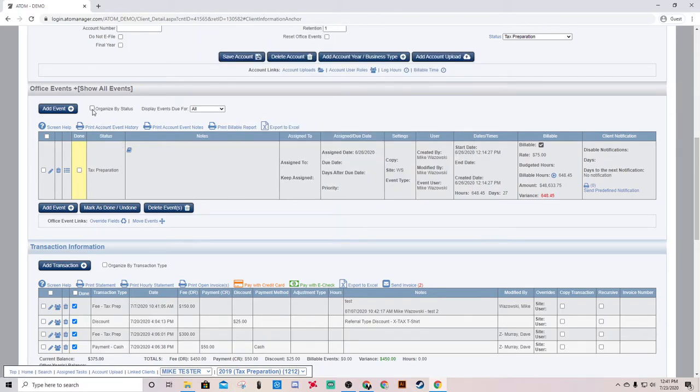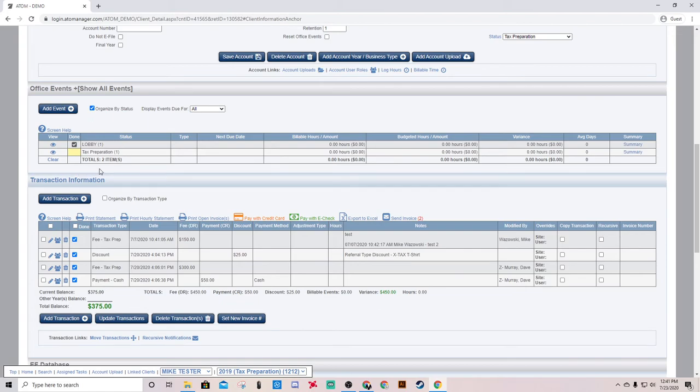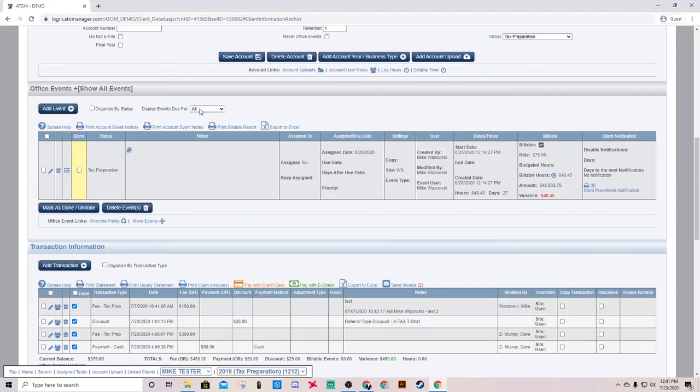This checkbox here will change up the view of our events. It kind of gives us more of a column view here. And then this display events due for will kind of just filter what events are displayed based off of the